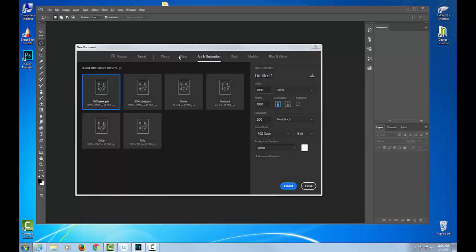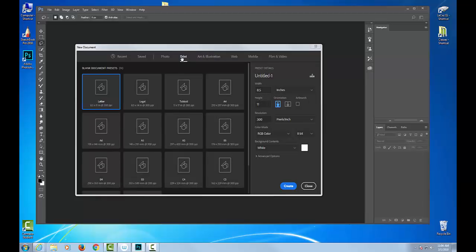Okay, so even though we're technically art and illustration, one of the windows that I prefer to work on in all my classes is just 11 by 17 paper, because it's easy to save. And if you click on the print window and scroll down here, you're going to see the tabloid setting. That's an 11 by 17 image at 300 dpi. So if I click that and select it, and then I go down to create,